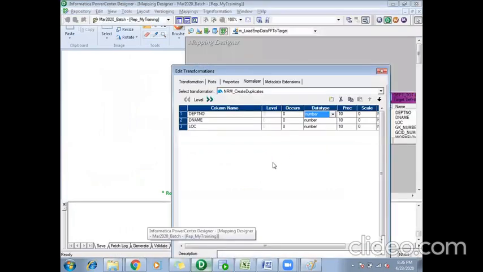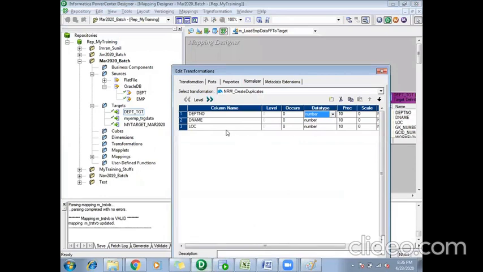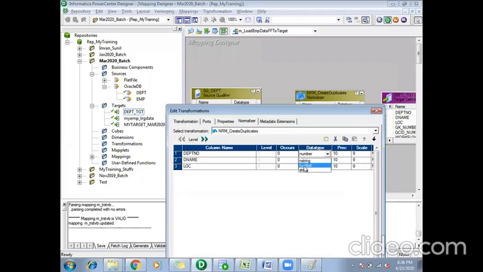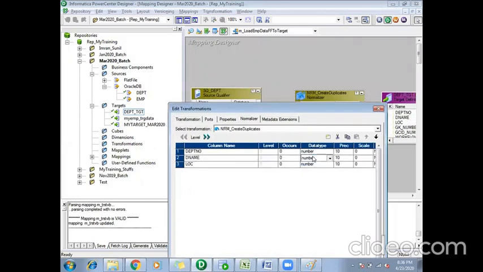I need to use any one of these three only. Department number was a decimal in my source qualifier, so I can use number here. Department name and location were string, so I will use string.